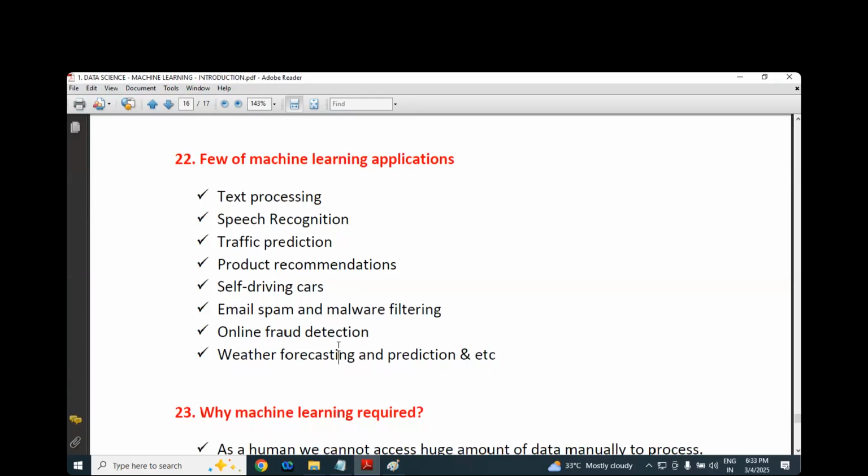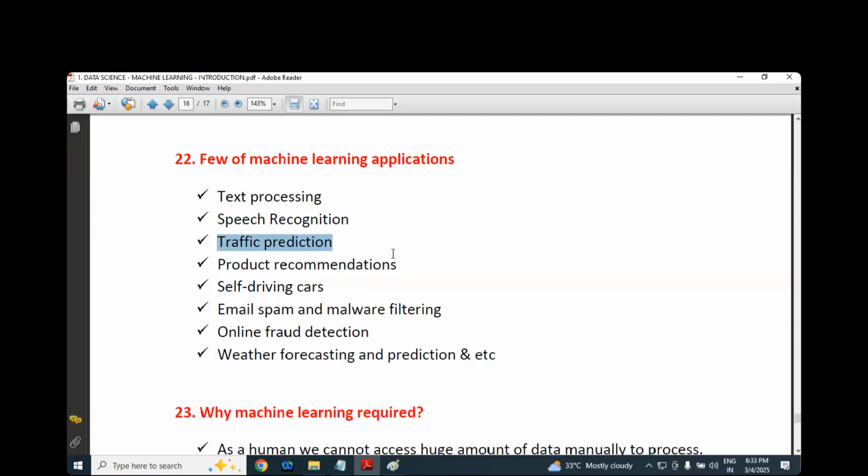When you go to Google, instead of typing what is Python, you can just say it, enable that and you can talk actually. Traffic prediction, sir. Best example. Talk with me. Traffic prediction. You know about the Ola cab actually? Whenever you are booking a cab, Ola backend will use traffic prediction actually. It can predict the traffic.